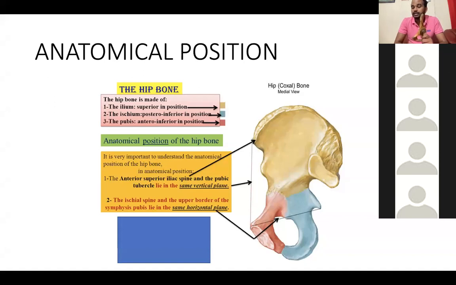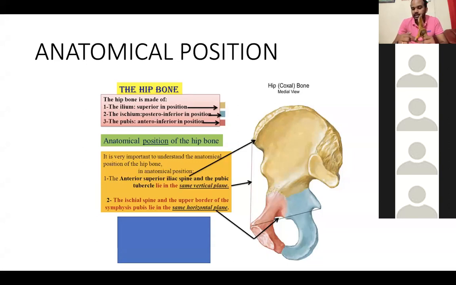Like the other bones we have studied in SGD, right? In the SGD groups, we have studied the bones holding them in our hand. Yes or no? Yes, sir. So this osteology should be studied in small group discussions, and it's a practical session. Practical means you definitely need to study the bone holding it in your hand. Then only it will be very effective, and that will make you understand very easily whatever point I am discussing.